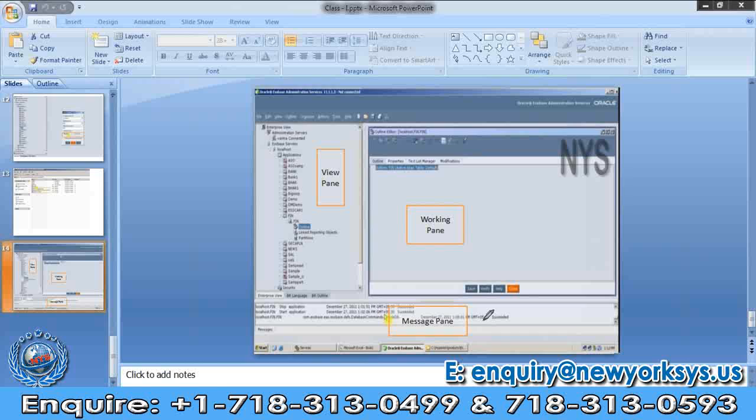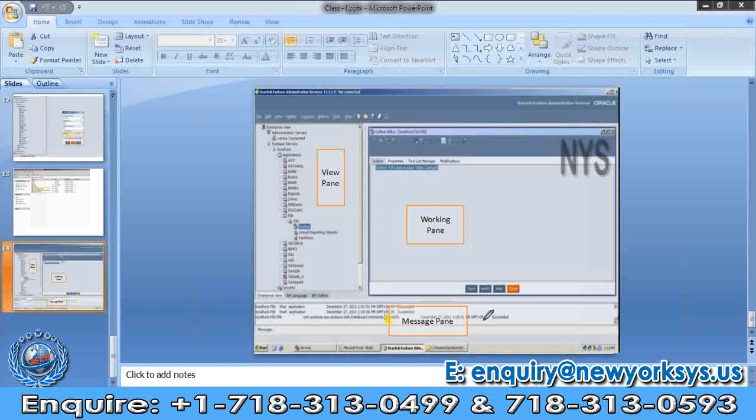This is the database. Here again there are 3 types: view pane, working pane, and message pane, as I told you. In the view pane you can see all the SBase servers, all the applications, all the databases, and you can open the outline from there. In the working pane you can see all the dimensions, members, and member properties of the outline. For whichever database you open, you can see all the details of that.